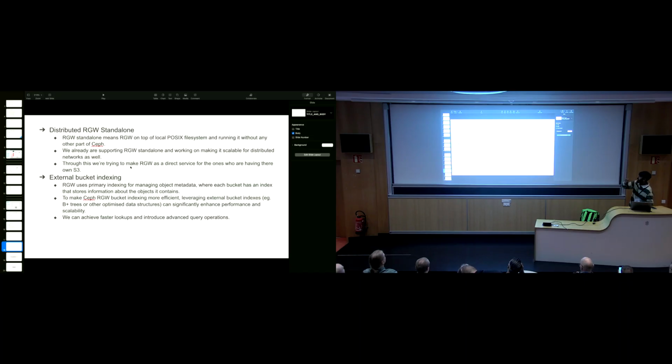Next would be distributed RGW standalone. RGW standalone means RGW on top of a local POSIX file system, running without any other part of Ceph. We are already supporting RGW standalone and working on making it scalable for a distributive network as well. Through this we are trying to make RGW a direct service for those who have their own S3. Other than that, what's next is